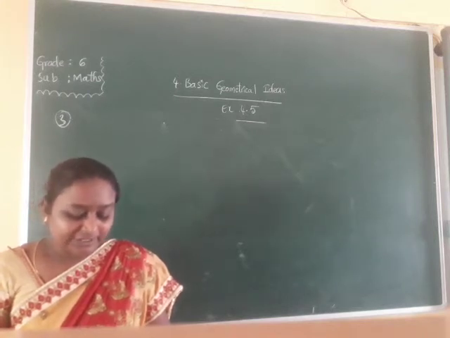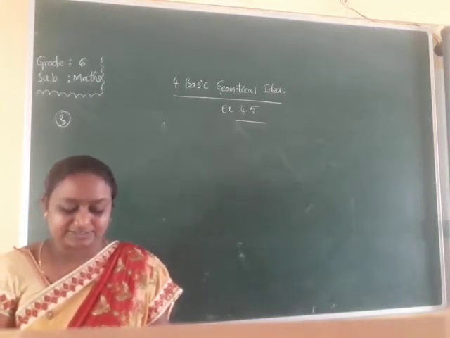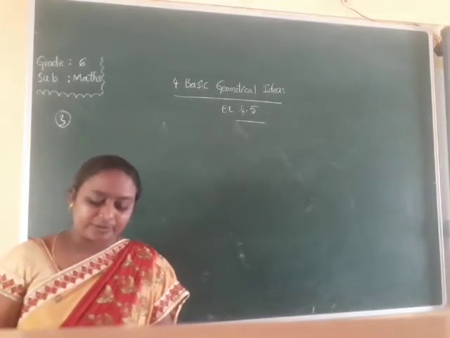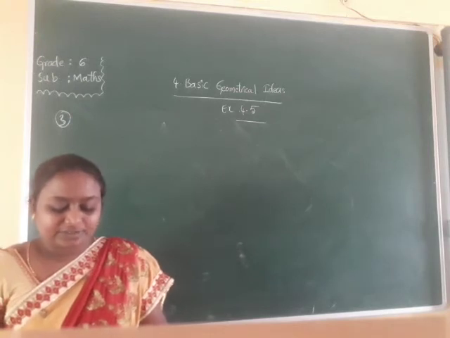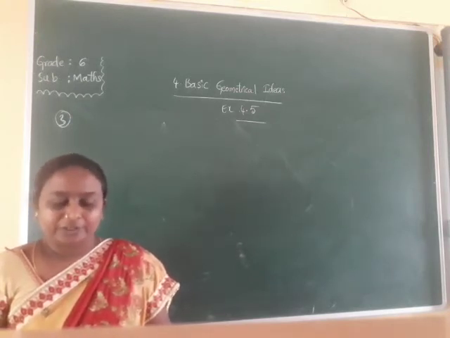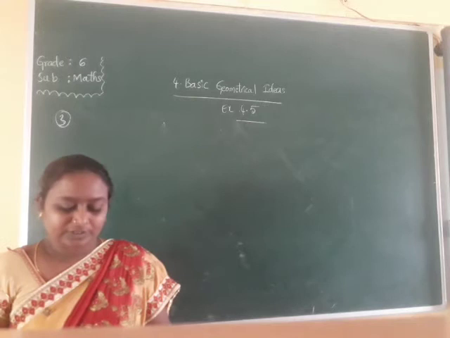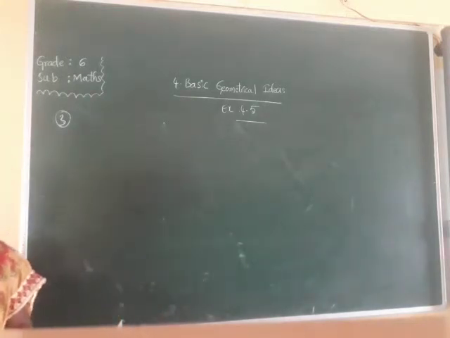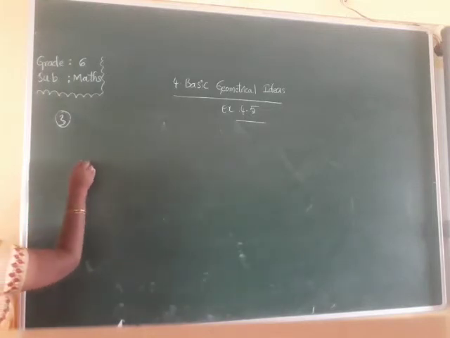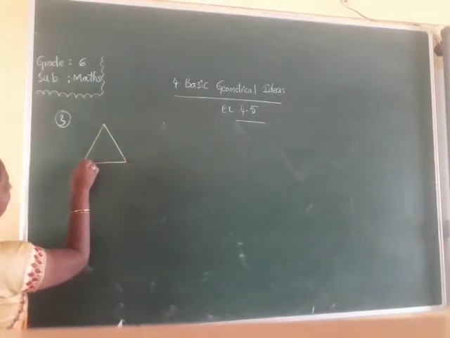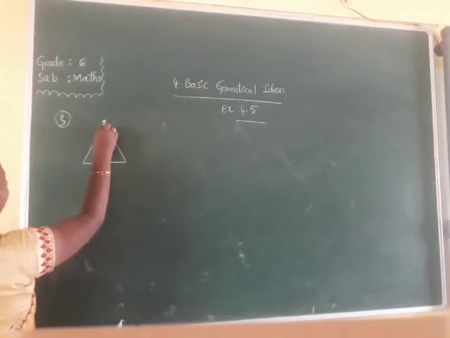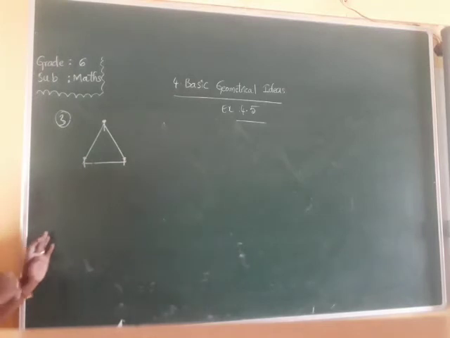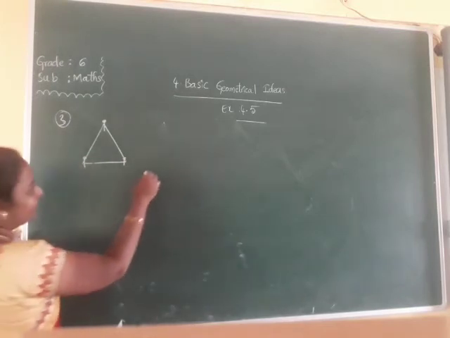Okay, so here use strips and fasteners. For example, you can take strips and fasteners to make a triangle. You can do this by activity also. Now I will just explain this simply. You can see, first I am taking a triangle. So I am using one strip, okay, 3 strips I have taken, and one more.